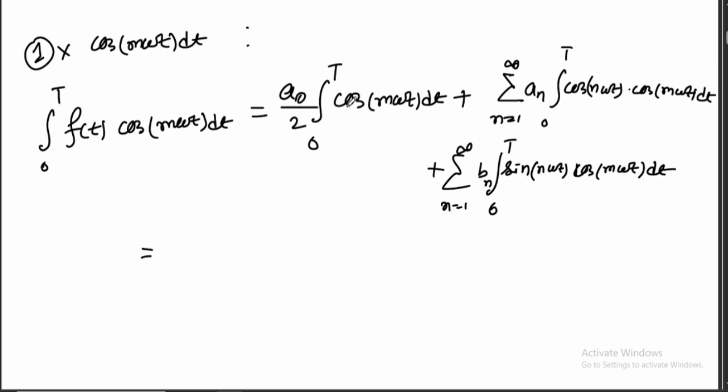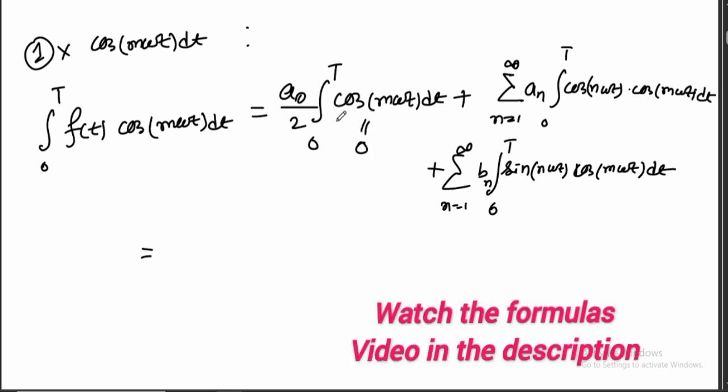Now integration 0 to T cos m omega t dt is 0, since in a full cycle it is 0. We also know that sin n omega t multiplied with cos m omega t dt in a full cycle is also 0. So we are left with